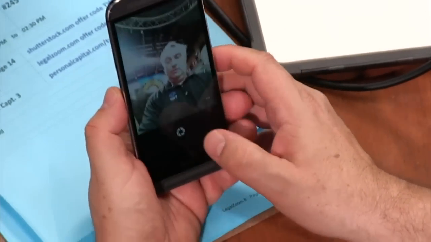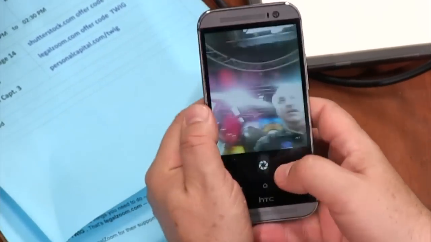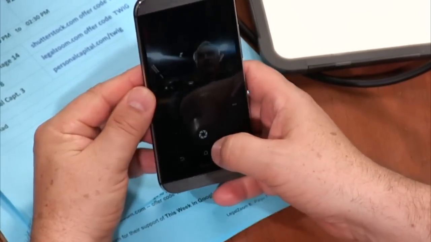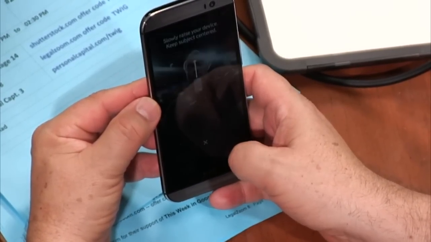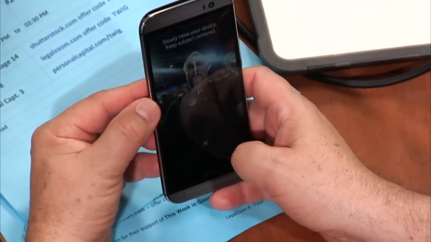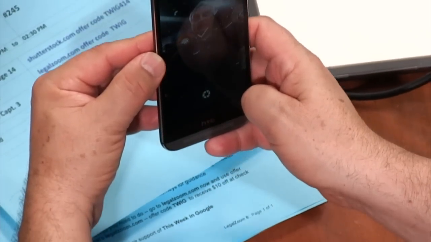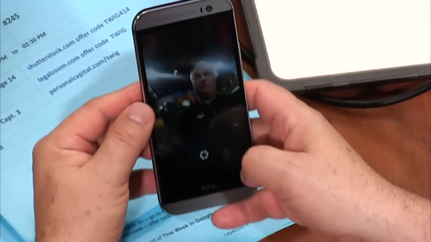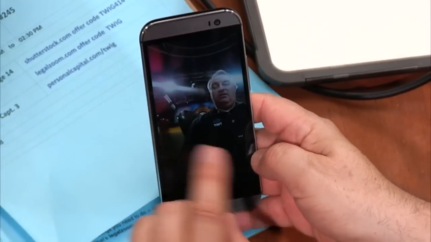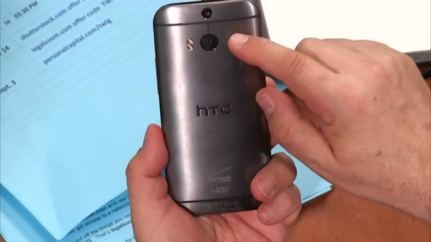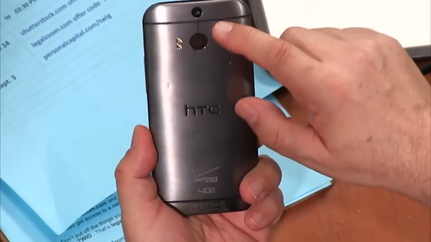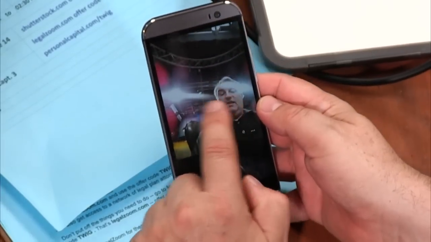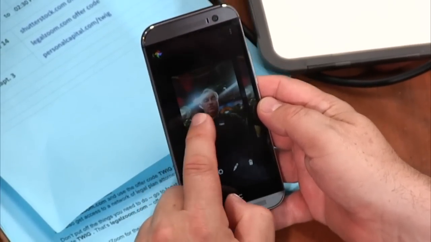So we were testing this earlier today. I'm going to take a picture, and the way it works, I've turned on lens blur. I take a picture, and then it says, slowly raise your device and keep the subject centered. So you're going to rotate it, and what you're doing is giving it some parallax. You're giving it, in a sense, 2 images, which is what our HTC M8s do, Gina, with 2 lenses. Yep. In this case, you have to take the picture twice, basically.